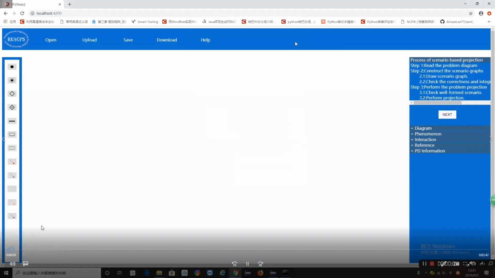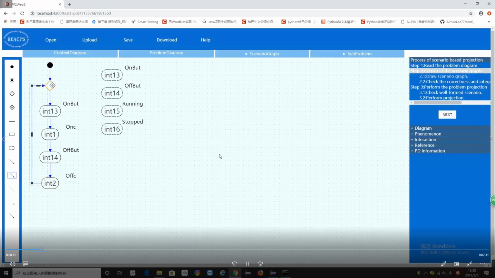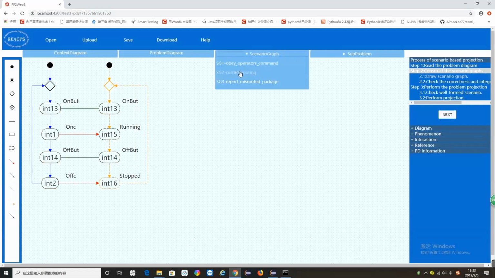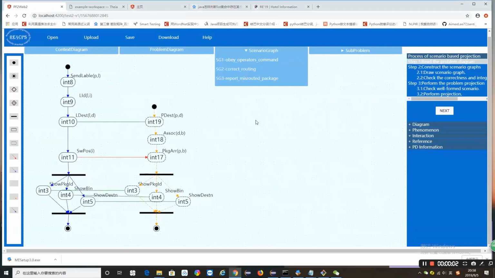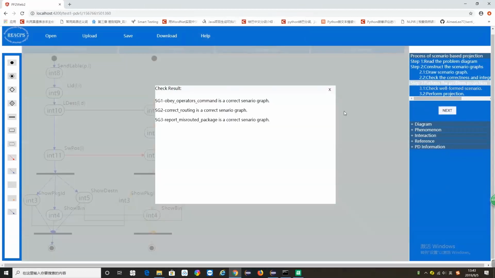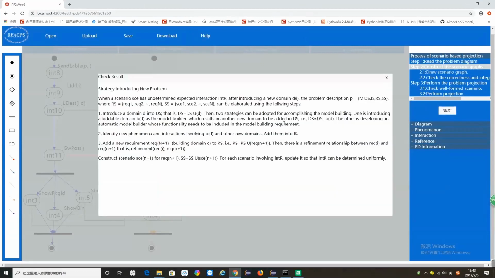Here we can find that this is a problem diagram, and we found this. We download it and draw the scenario graph here. Okay, this is a new one, and then the second, the third, and check that, and we find the problems, and we give this strategy,